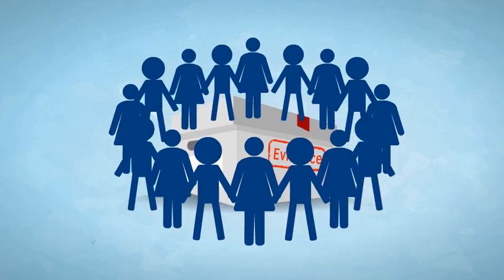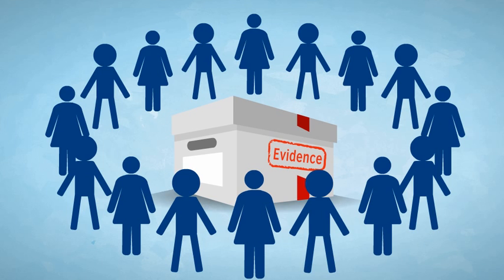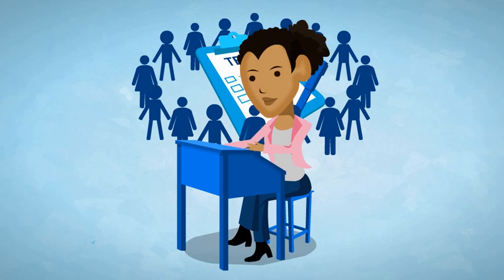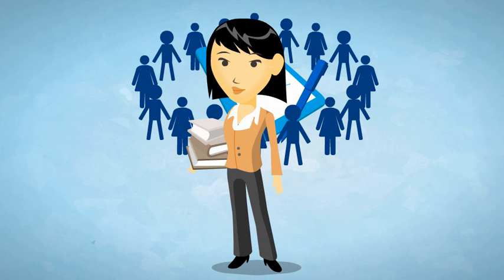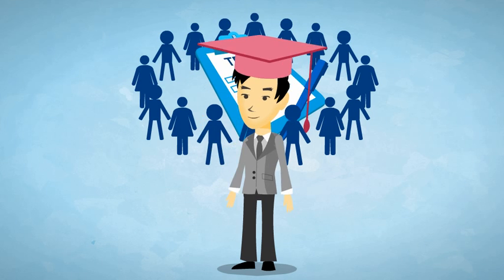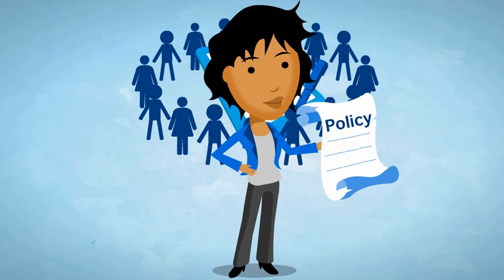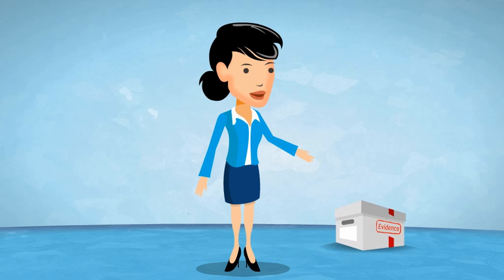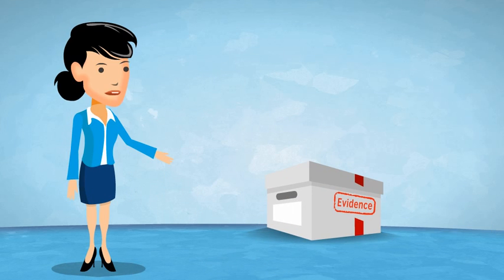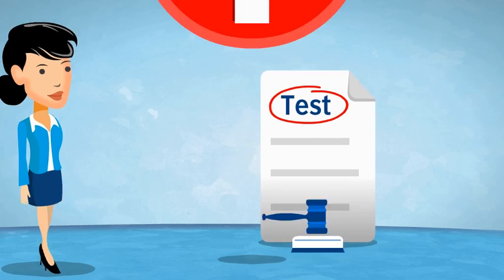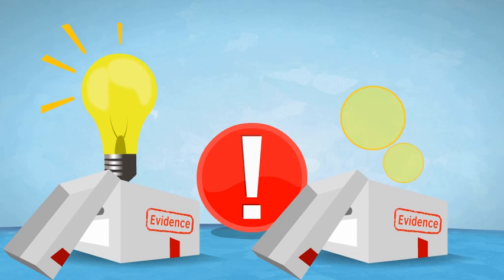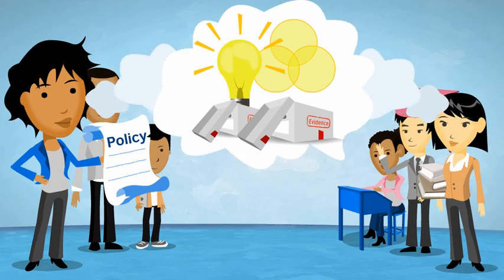Evidence should also come from test stakeholders. Stakeholders are those people affected by a test and can include test takers, parents, teachers, local education officials, policymakers, and others. Once all the evidence has been gathered, it must be put together to form a convincing argument to support test-related decisions. The most important thing is that a logical and comprehensive set of evidence is presented in an appropriate way for all stakeholders to understand.